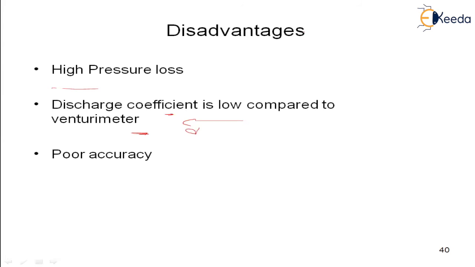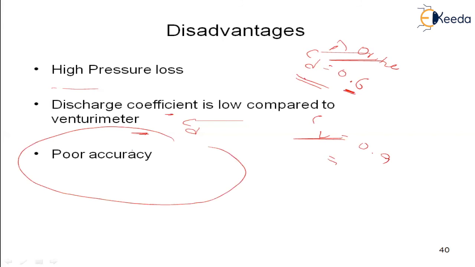You have to remember the discharge coefficient value is 0.6, my dear students. For the venturi meter, which I'm going to tell you later, it is approximately 0.9. That's the reason 0.6 is less: this is for the orifice plate, but if you are going for the venturi, it is 0.9. That's the reason the discharge coefficient is always less here, and it has poor accuracy. That's the reason we are going for the next method, my dear students.